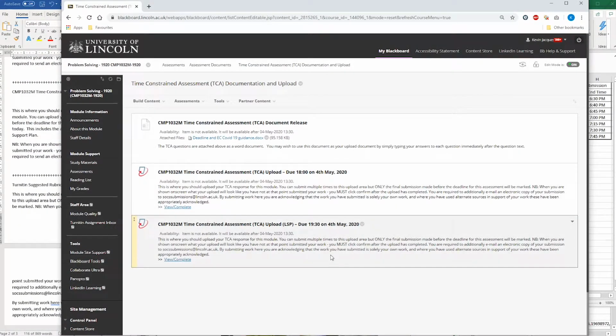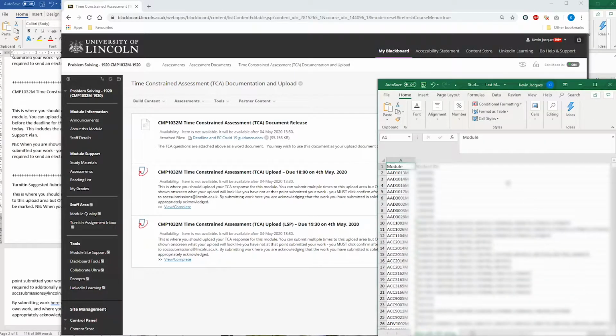Now, the bit that's a bit clever about this is what we've now generated is another Turnitin assessment area, specifically that's got a different time in it. But right now, it's going to show both of these to all students. So the bit that we've also got sorted out, hopefully to make it easier for you, is we have another spreadsheet that I'm going to make available, which is every single student for every single module in the university with